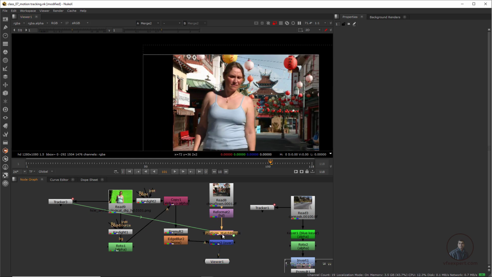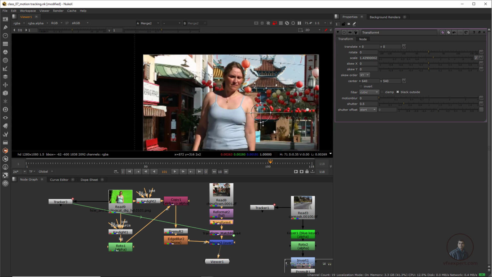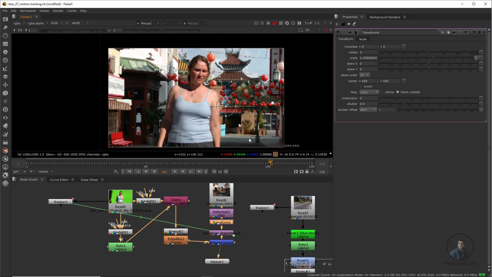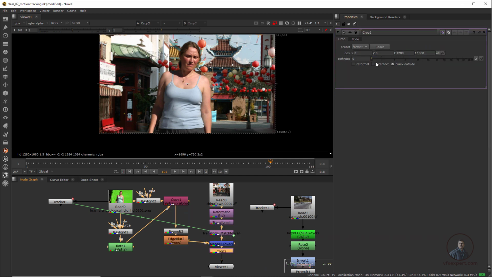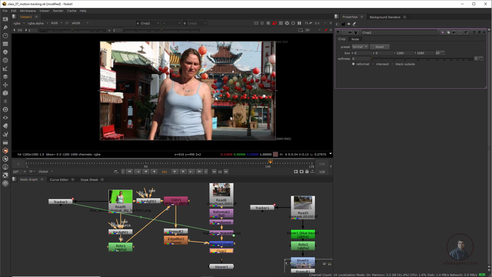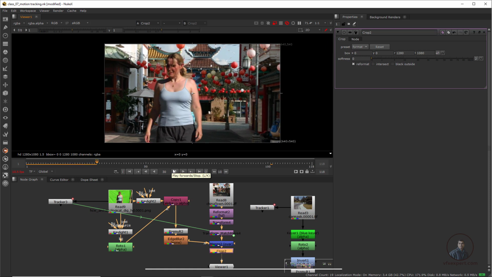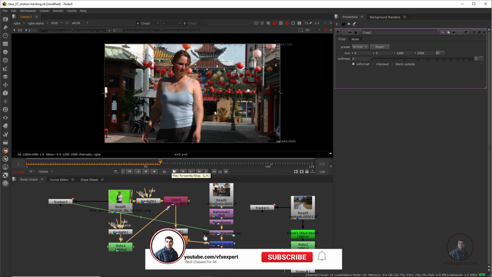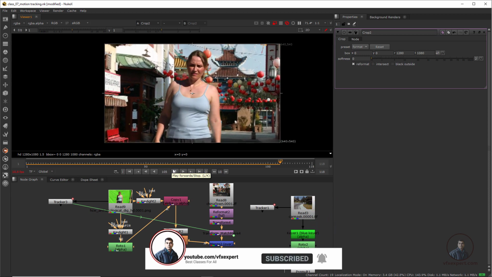Before this transform match move data, you can use another transform here. Select this one and press T, then with the help of this transform you can scale and fill your black area here. Finally, press Tab and type crop here, so this will crop your bounding box. Now finally play and check this one also. So like this, you can also match your chroma shot with the help of tracking. Now this is looking good, and the remaining compositing you can do according to your requirements.